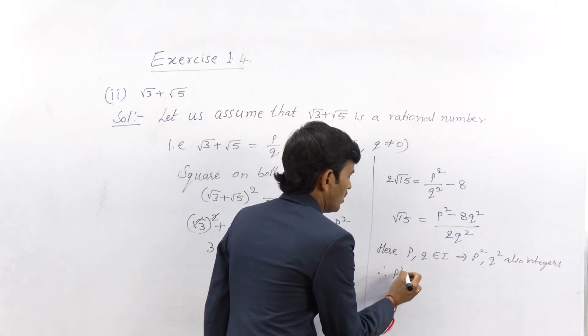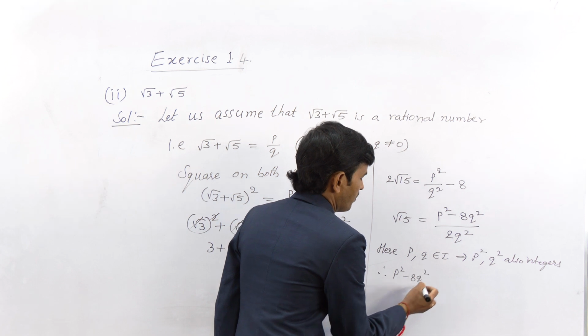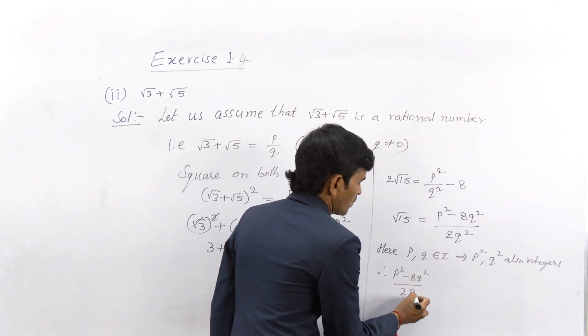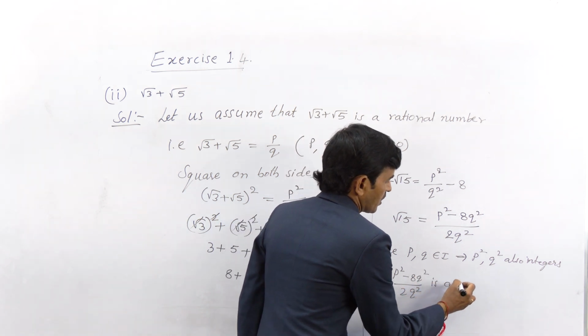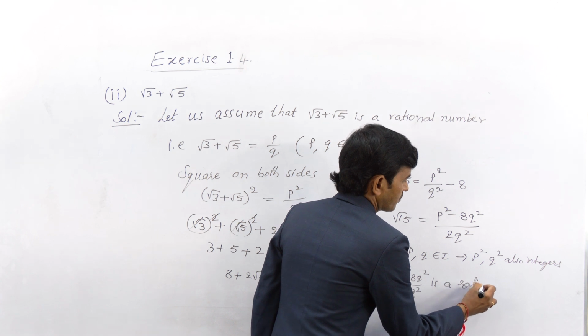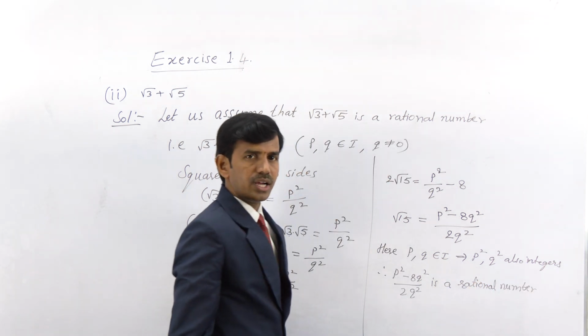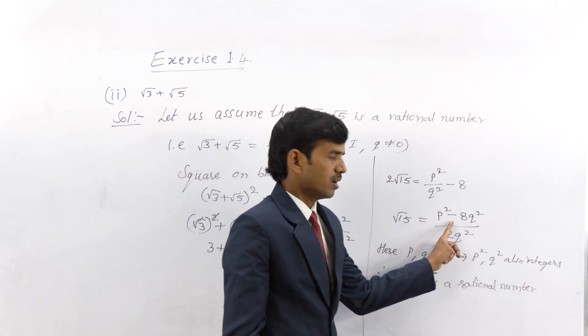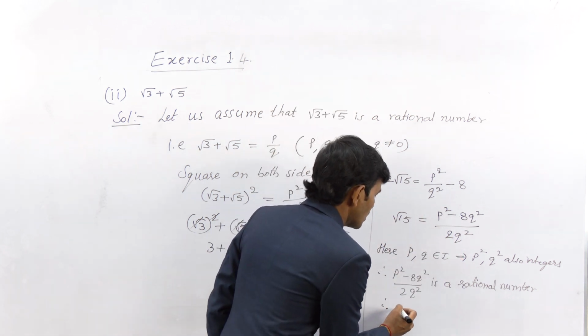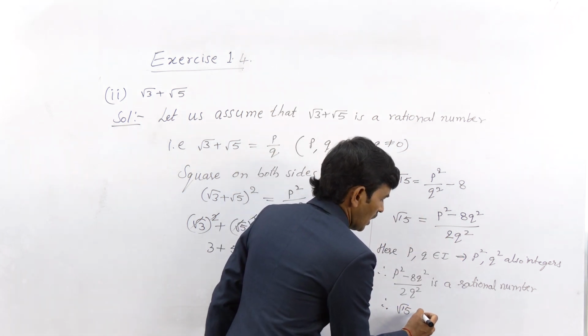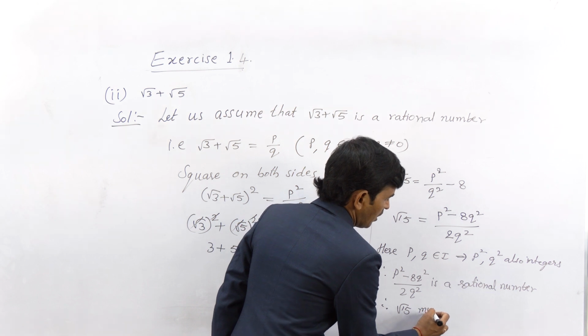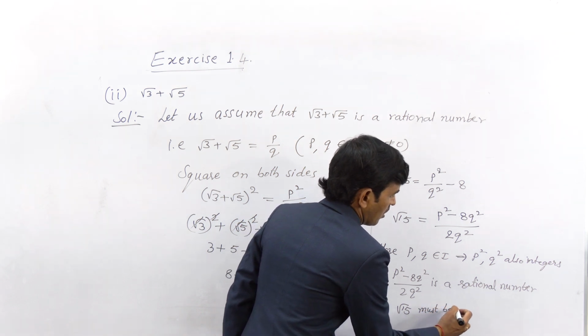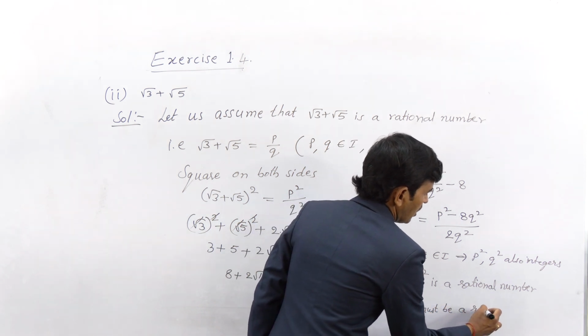Therefore, p square minus 8q square by 2q square is a rational number, right? As the RHS is rational, therefore the LHS also must be; root 15 also must be a rational,